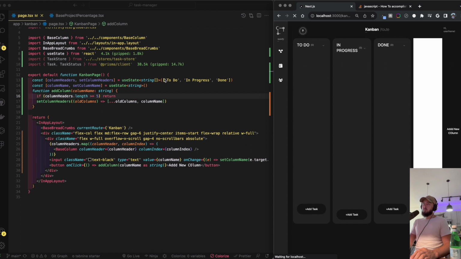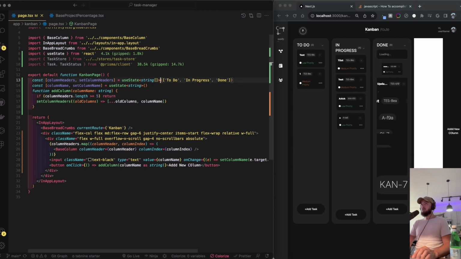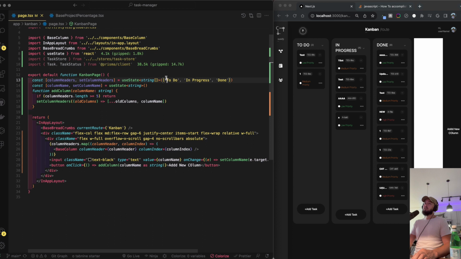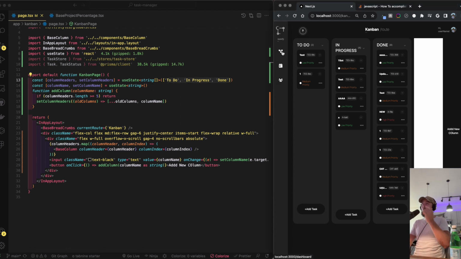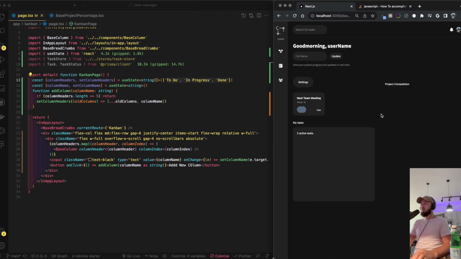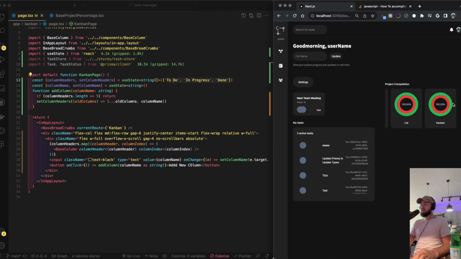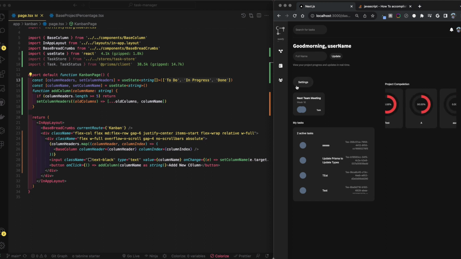But then I guess ultimately we'll have to store this piece of data in the database as well, because we can't keep it as a piece of state. But this is going to get kind of cool then, because then we can have a really dynamic thing for people, whatever they need. Who am I to say in progress and to do and done? Maybe they want other categories. Now, the only thing that we would have to change or take into consideration is we're measuring by the last indexed column. So right now it's the done column, but maybe instead of measuring the done column for project completion, we would measure by